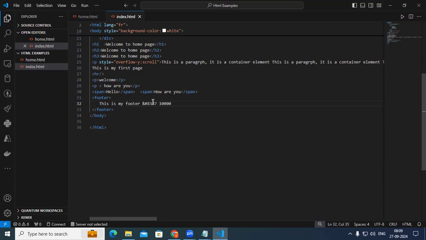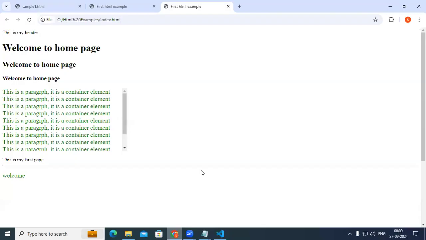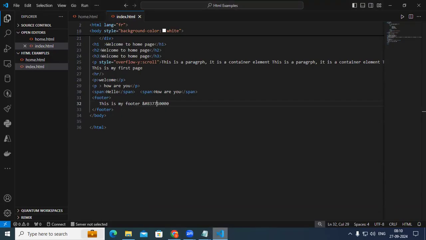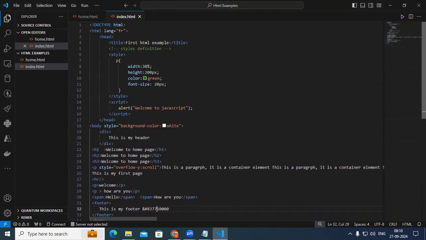I don't put any space. I want to show this. It is showing a question mark here, because it is not supporting Unicode. By default, it is showing in this case